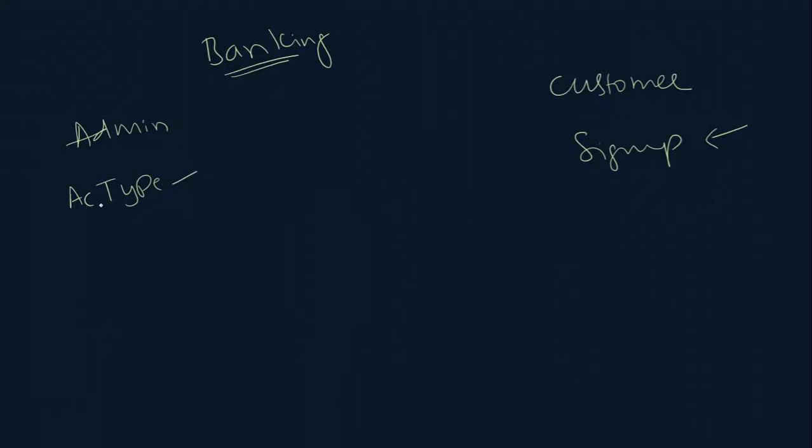So you can create an account type in the admin. In that you can enter the account name, what facilities you'll get, advantages, and the minimum balance you have to maintain. All this will be entered here. Therefore, before sign up, we can give the list of account types. Account type list. For the account type you want, you can just select it and then go